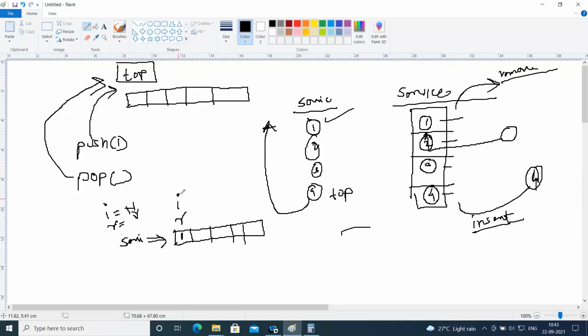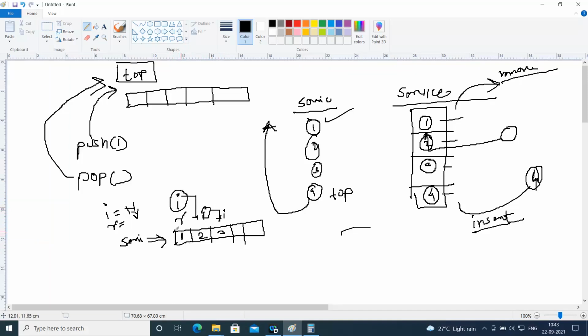As soon as a new person gets added to the queue, we will say insert plus plus, I plus plus, and we will add a new person. Now the I will shift to the second index. Now my removal index is at 1 and insertion index is at 2, right? Similarly, when a new person enters the queue, this index will shift from the second location to the third, and so on.